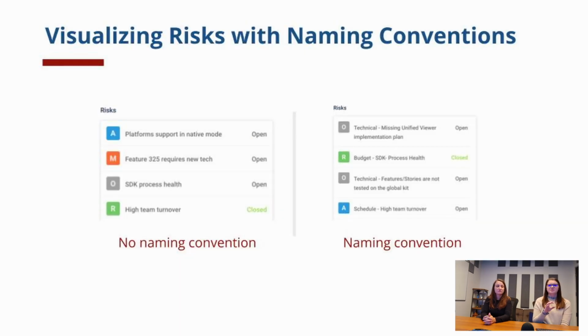We really like to recommend developing a standard naming convention for your risks in Jira Align. And why we recommend this is because in a lot of areas of the tool, the ROAM report, the risk widget in the program room, which we'll take a look at in just a second, as well as some of the grid views, the main two things that you see about all of the risks are the ROAM status, so that resolution method field, and then the title field.